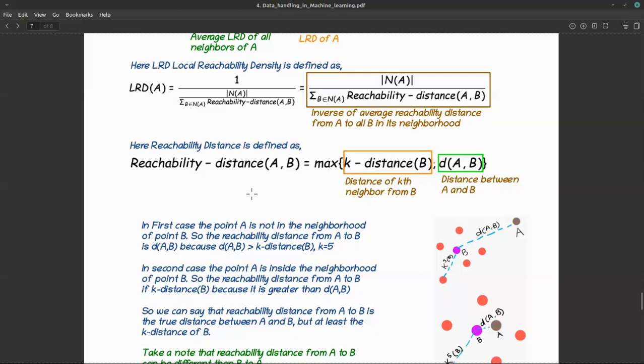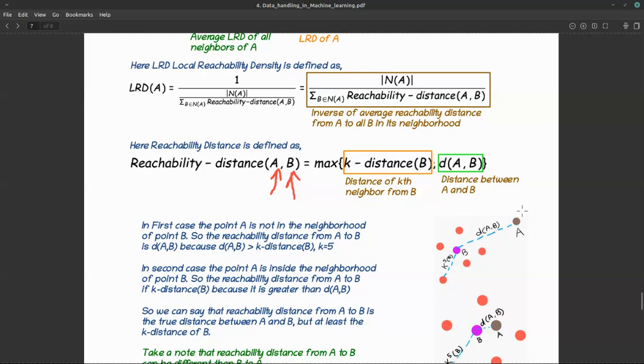So remember this, there was a very big confusion in one example. Reachability distance from a to b is defined as the maximum of k distance of b and the distance from a to b. So we are going from a to b, so I need to check the k neighbors, the k distance, from b basically, not from a. So reachability distance from a to b might be different from b to a also, right? It's possible that reachability distance a to b is not equal to reachability distance b to a. Just remember that, right?